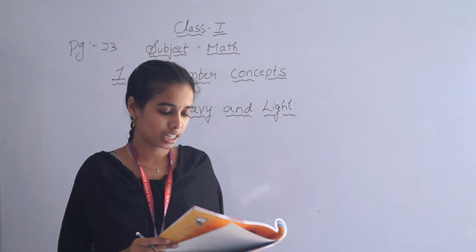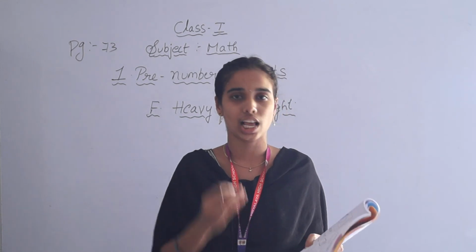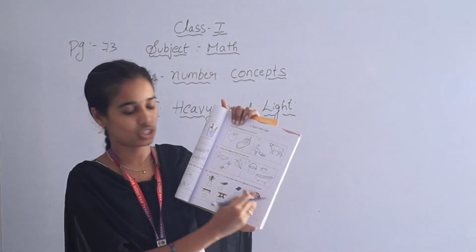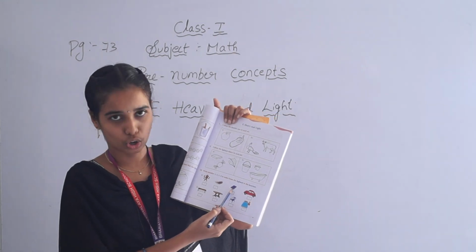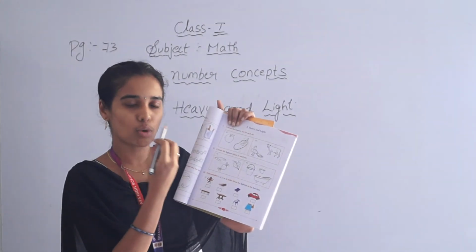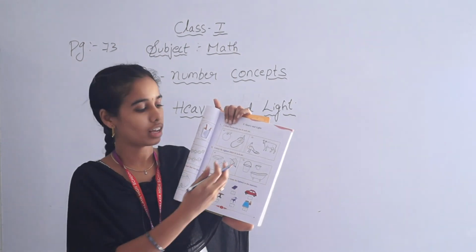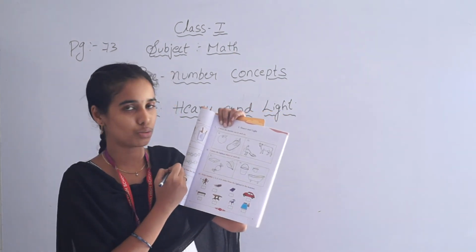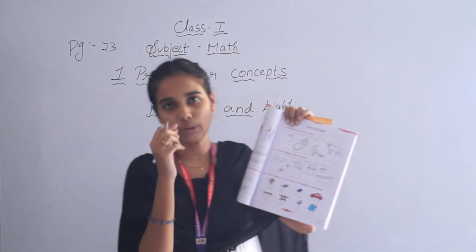Going to third bit, write numbers 1, 2, 3, 4 in order from the lightest to heaviest. Lightest means small weight to heaviest weight. Here they are giving four pictures. One is monkey and another one is peacock feather and next book and next car. They are asking to write from lightest. First you have to give the number, and next weight up to the highest you have to write. So in these four pictures, which one is the lightest one? First, that is peacock feather. In that box you have to write 1.